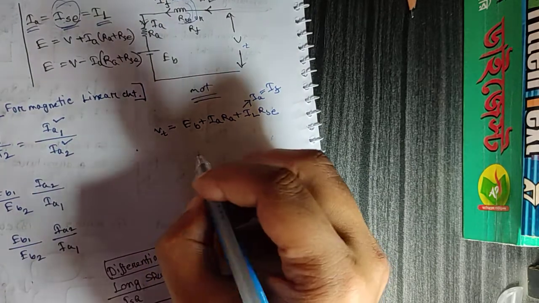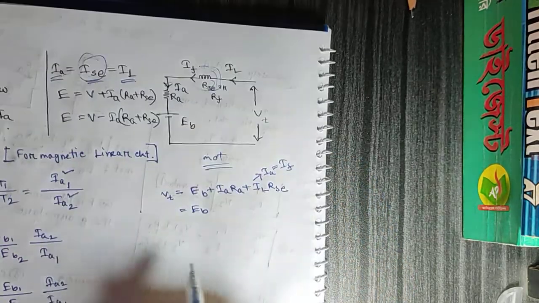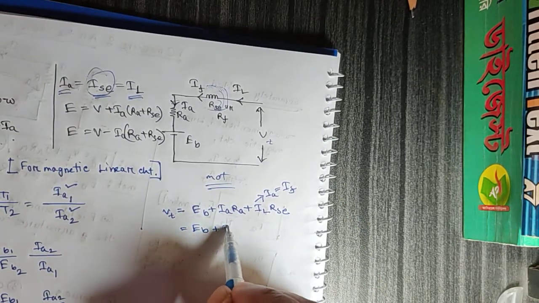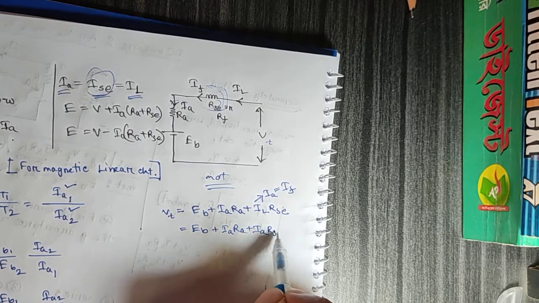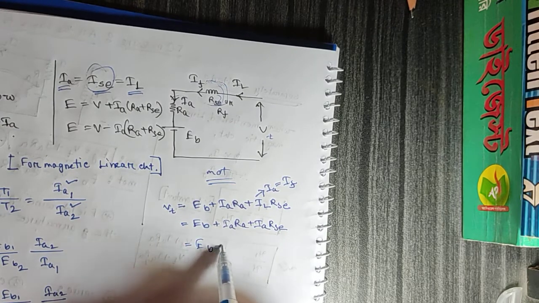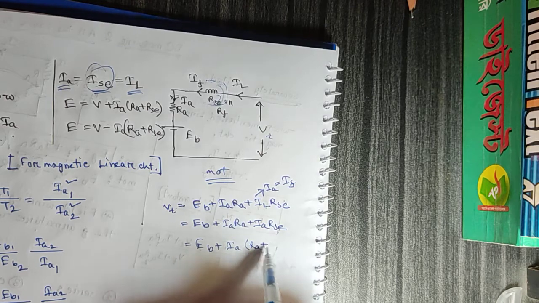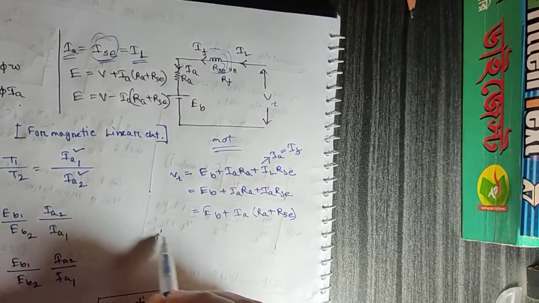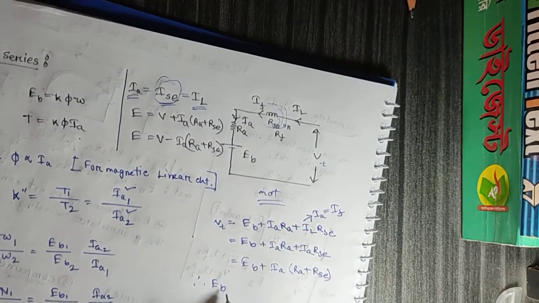So you can write Eb plus Ia Ra plus Ia times the series winding or field winding resistance, taking Ia common: Ra plus Rse, meaning the series winding. Hence the back EMF can be written as